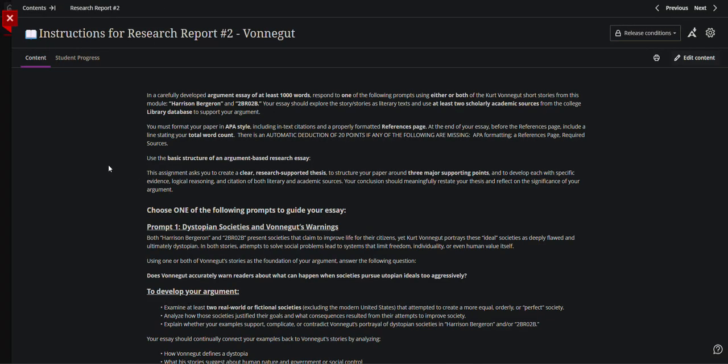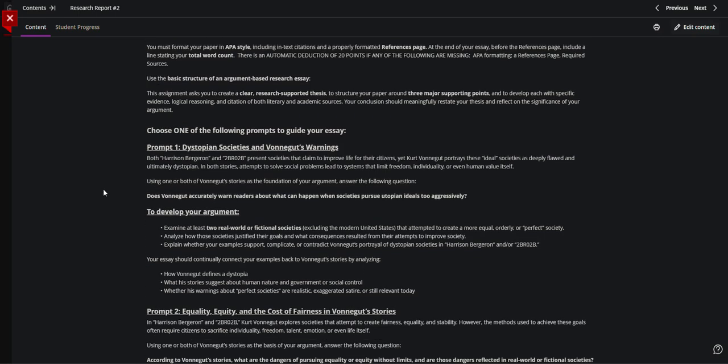They're actually incredibly similar to the Shirley Jackson paper. It's basically the same type of paper that we're writing. The prompts, of course, have changed. They're a little different. And it has to do with dystopia, since we know that Vonnegut has to do with dystopia, whereas Jackson had to do with psychological horror. We have changed the prompts in that way.